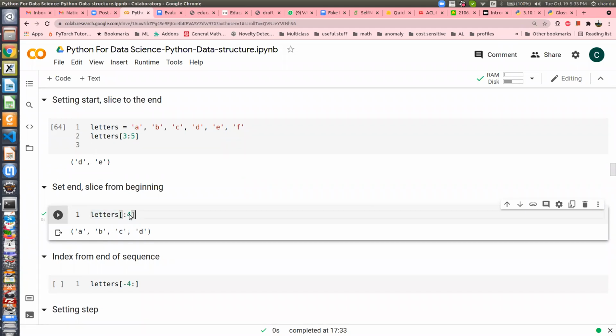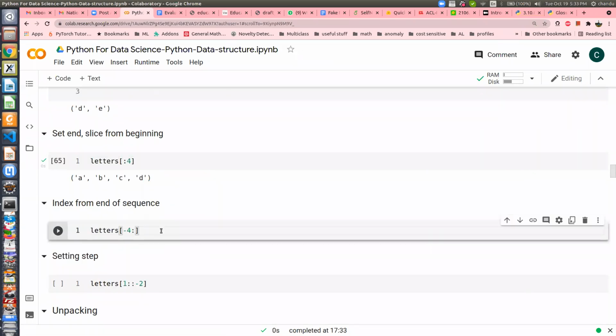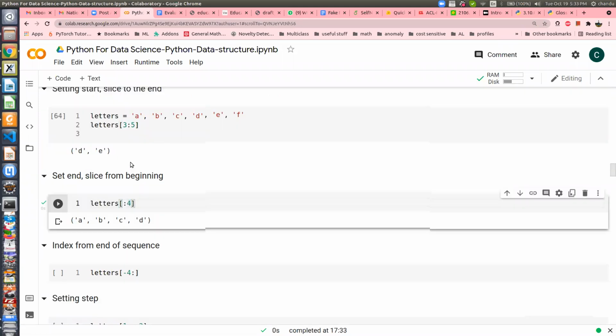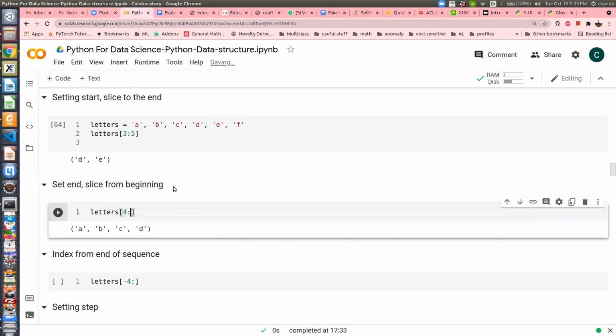Because D is at location 4 minus 1, which is 3. This is a very strange thing. In fact, what happens if I do 4 colon? Let me ask: what would be the output?